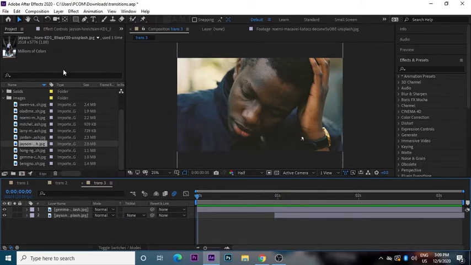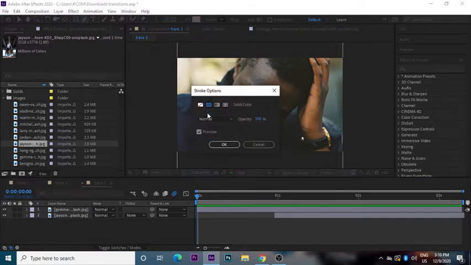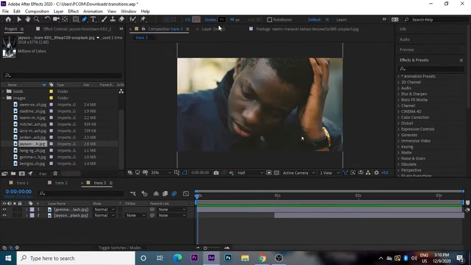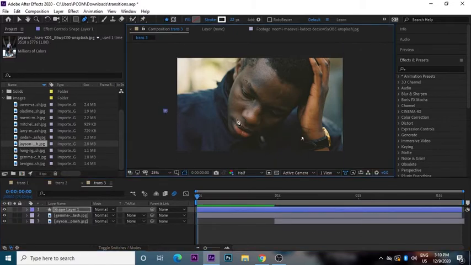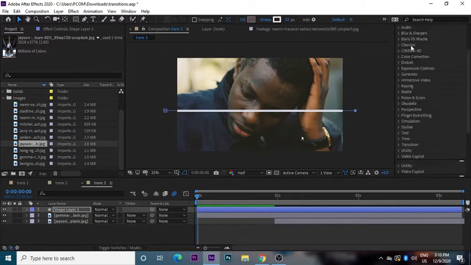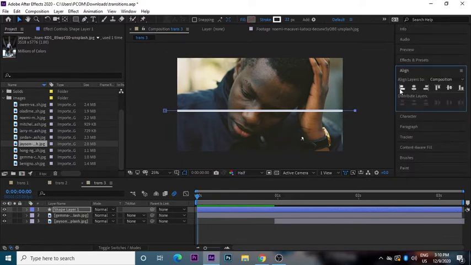So just make sure nothing is selected, and select the pen tool and make the stroke color to the stroke option to color, and select the color to white, and make it around 22 something. Okay, now take the pen tool, make a point and press shift, and again make another point. So now we have a line, and if you go to the align tab here and make sure it is center, something like so, not like so.